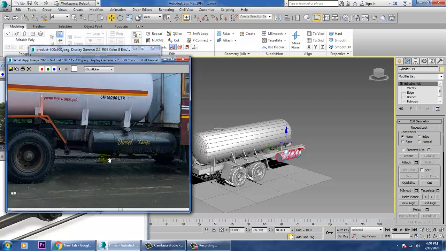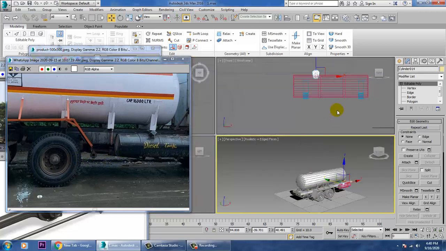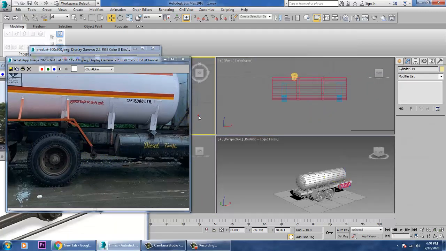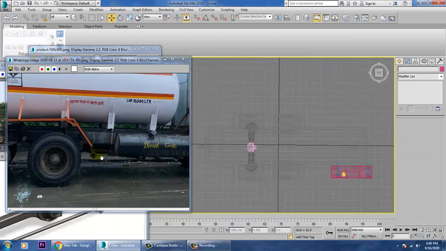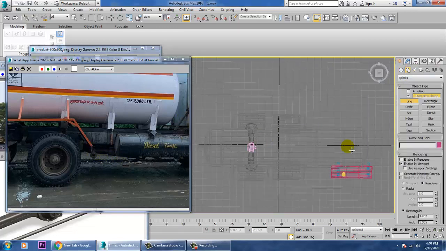So right now we are not going with much finer details. We'll go with that. Now after that, let's go to the top view and let's just create exhaust. So for that exhaust stuff, we'll go over here and it will come out over here.